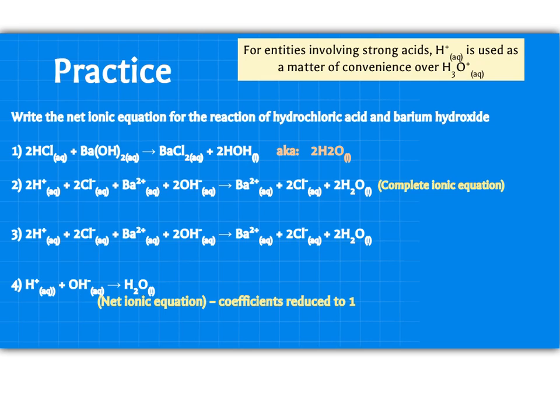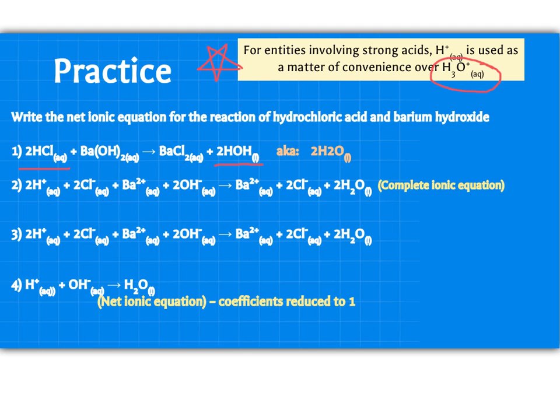Hydrochloric acid is one of our 6 strong acids, and barium hydroxide is a strong base. What we're doing here is a neutralization reaction, which is also a double replacement reaction, and we're making water. So 2HOH, we could also say that's 2H2O. Up here you can see for entities involving strong acids, although in our acids and bases unit we talked about